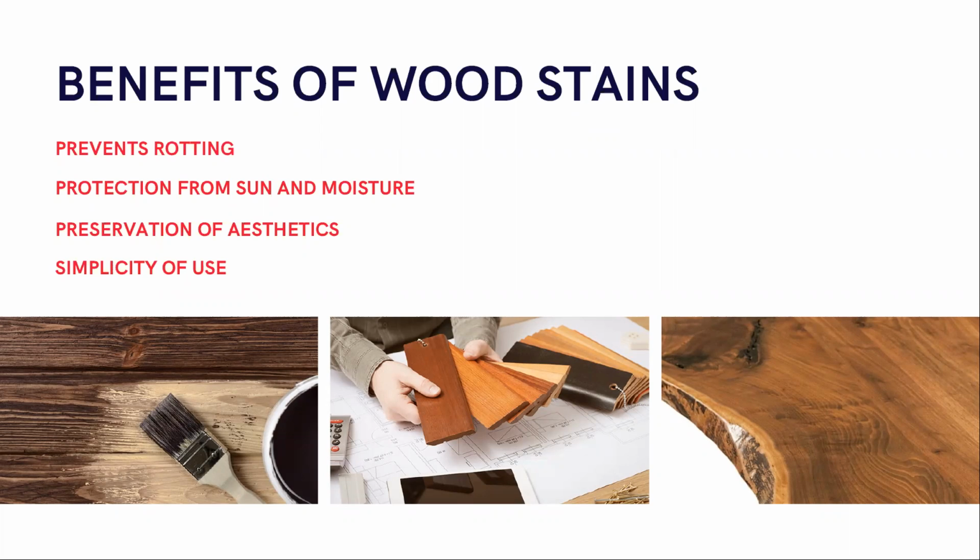And then next is protection from sun and moisture. So we know that when water goes into wood, it destroys its grain and it rots. So we have to apply this, and this can be prevented. And then preservation of aesthetics. This means that it gives the natural wood color, if it is not fully covered, and it will